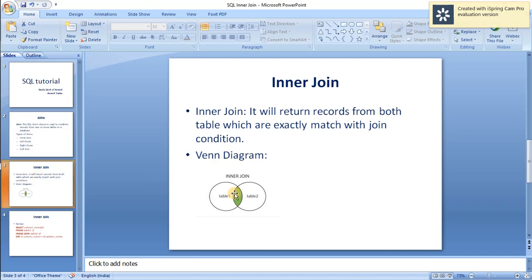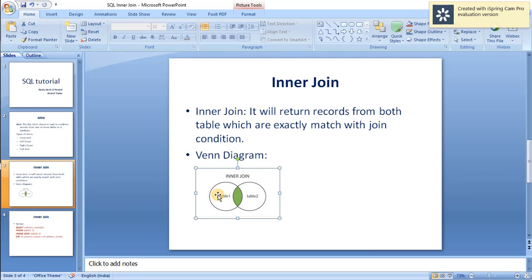In the Venn diagram, there is table 1 and table 2, and the area highlighted in red is the set of rows that will be returned as the result of an inner join between table 1 and table 2. In this scenario as well, there is one common column which must be present in table 1, and the same column should be present in table 2.